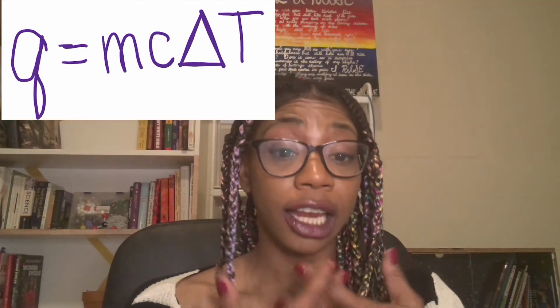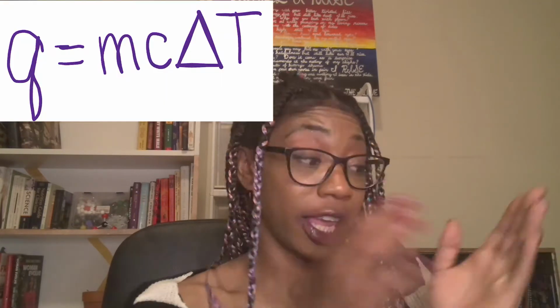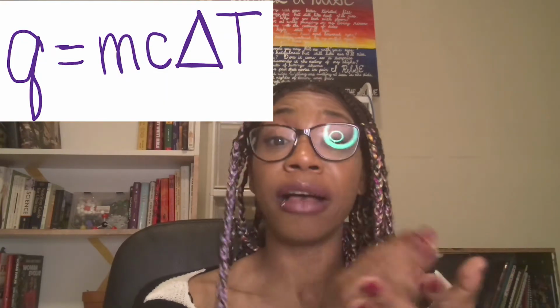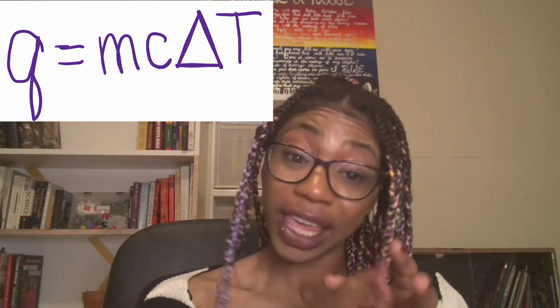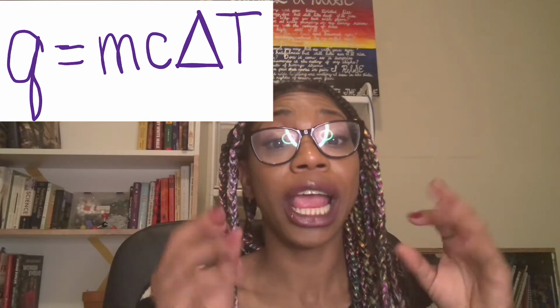After doing all of this self-reflection, heat is ready to go and have a calm, mature, productive conversation with temperature about their feelings. They recognize the need to keep things simple for temperature, so they make up an equation. Q is themselves, and it is equal to mc delta T, where m is the number of people, C is the attractiveness of the people, and delta T, the change in temperature, is how much temperature's behavior is changing. As it relates to chemistry, Q is heat, and that's equal to m, the mass, times C, the heat capacitance, times delta T, which is the change in temperature, in Kelvin.